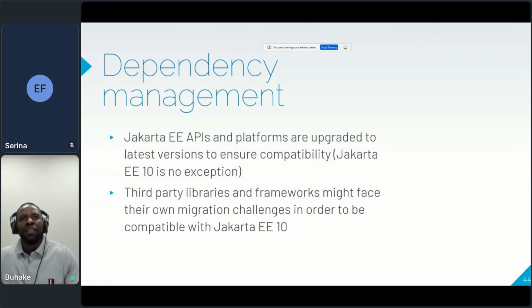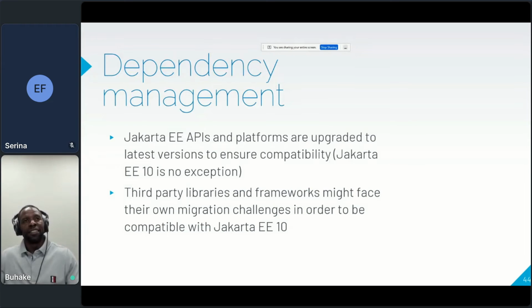Dependency management. Especially for third-party libraries, you may be under a strict deadline to migrate your application to Jakarta EE 10, and then you are stuck on libraries that are not even Jakarta EE compliant. That can cause a delay in your release cycle.